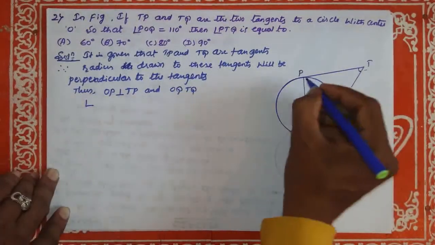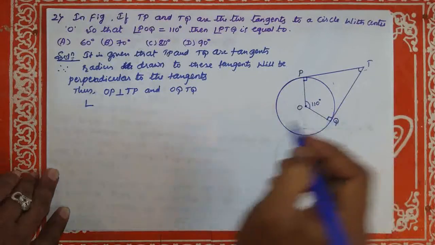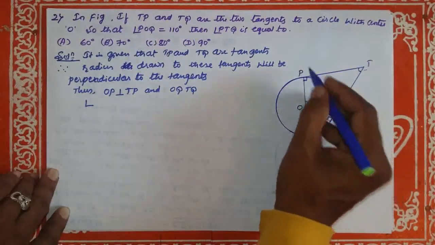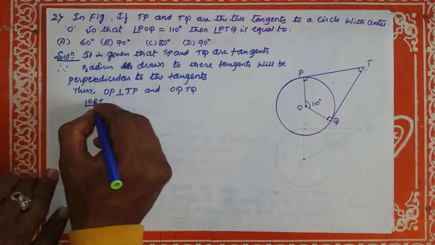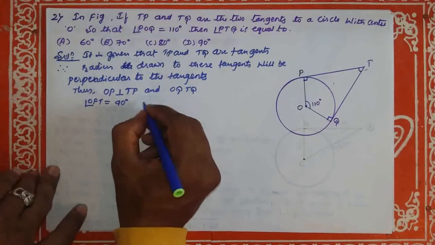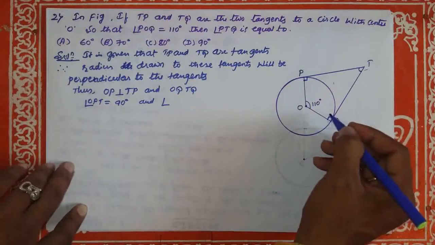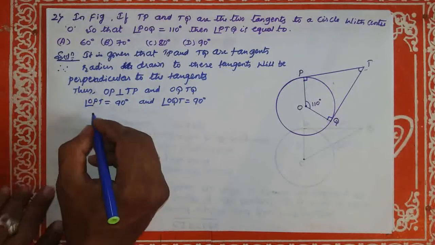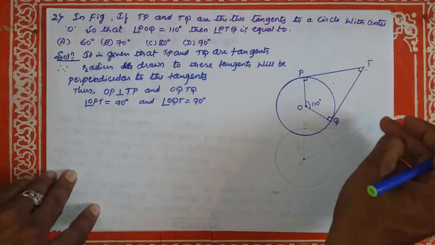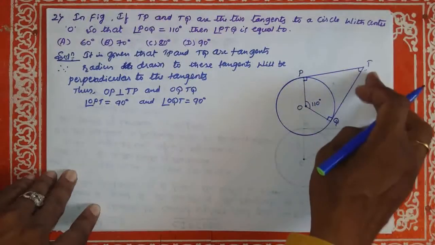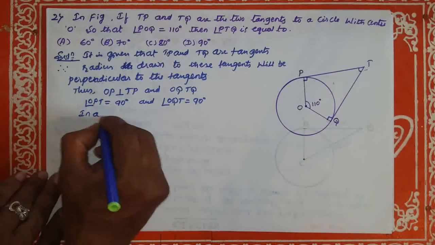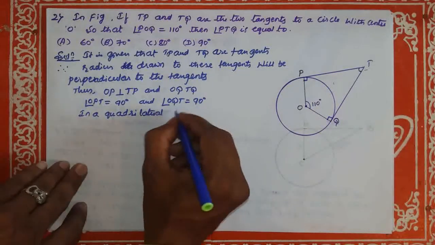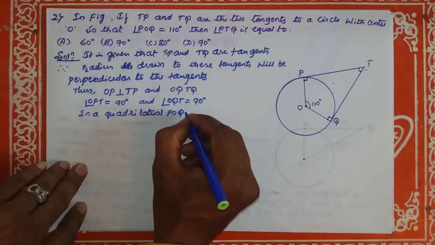Hence, angle OPT is equal to 90 degree and angle OQT is equal to 90 degree. In quadrilateral POQT,